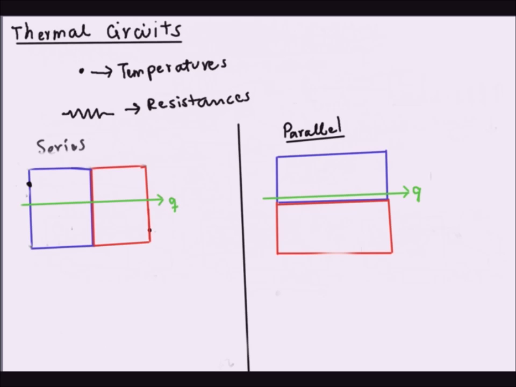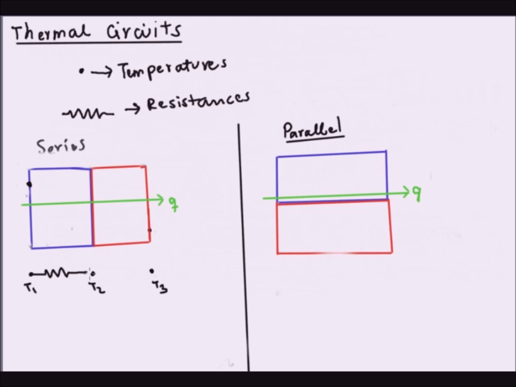So let's start with the series case. In the series case, we have a constant heat flow going through both materials. So in this case, we would have three temperatures, three cross-sectional areas at which we could measure the temperature. One would be at this left edge, another one at the interface, and another one at the right edge. So we would have three nodes, 1, 2, and 3, and we can label them T1, T2, T3, and each